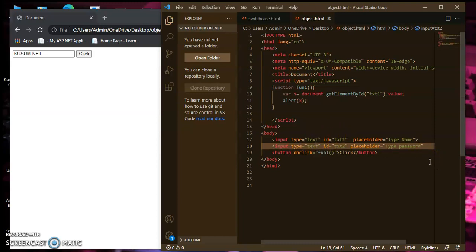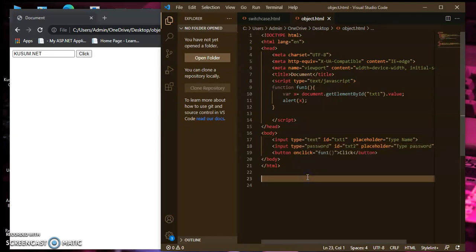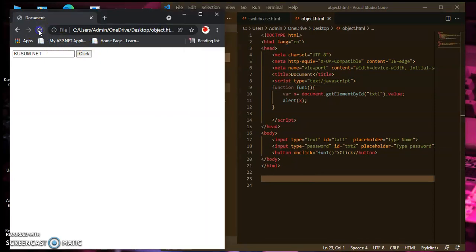Now here the password must not be seen. So in place of text, I will use type equal to password, so the text will not be seen. Now I have this username, password and button.